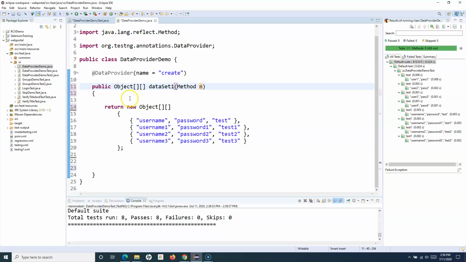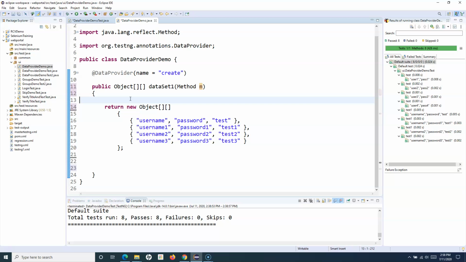Import this particular method, and then we'll use the if else condition, and based on the if else condition we'll return the appropriate data that is required for the test method. So for example, if your test method requires 2 arguments, you return a 2 object array with data for the 2 arguments, and if your method accepts 3 or 4 arguments, you return the data